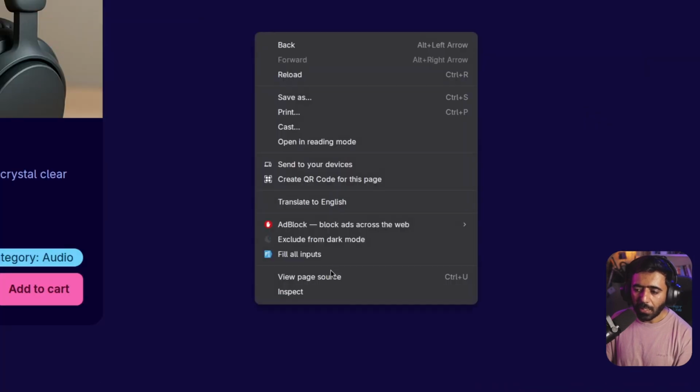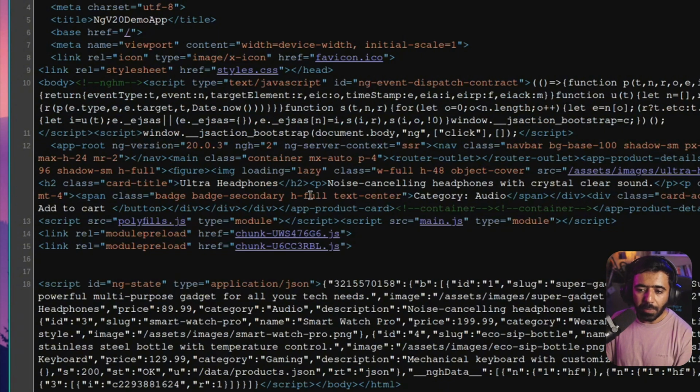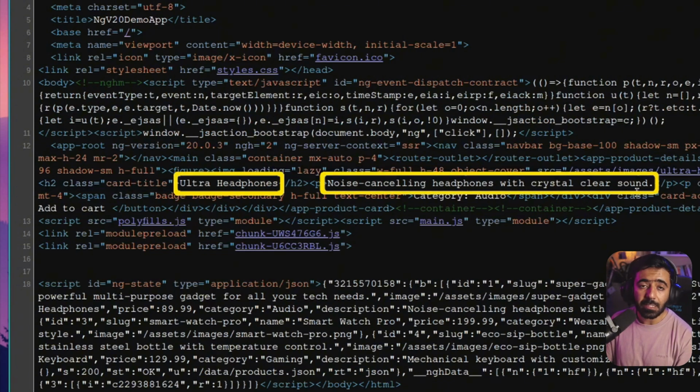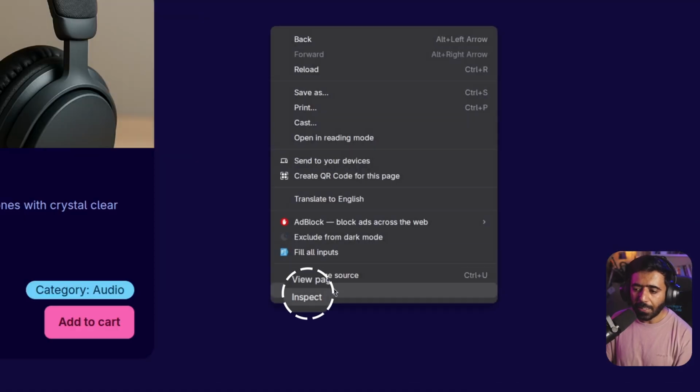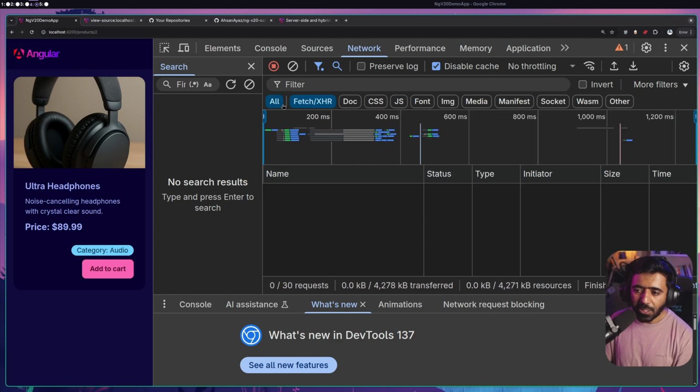But if I right click here and go to view page source, you can see that we have the component being rendered from the server. So we have ultra headphones, noise cancelling headphones, etc. So everything comes from the server. If I right click here, go to inspect, go to the network tab, refresh, and keep this fetch XHR here, you're